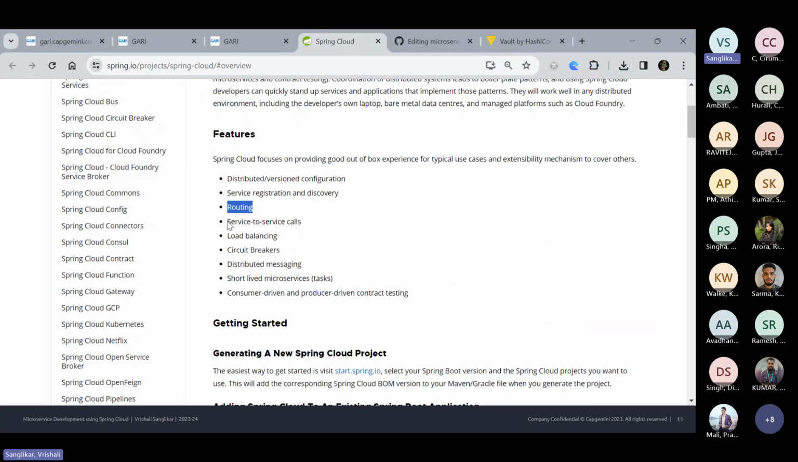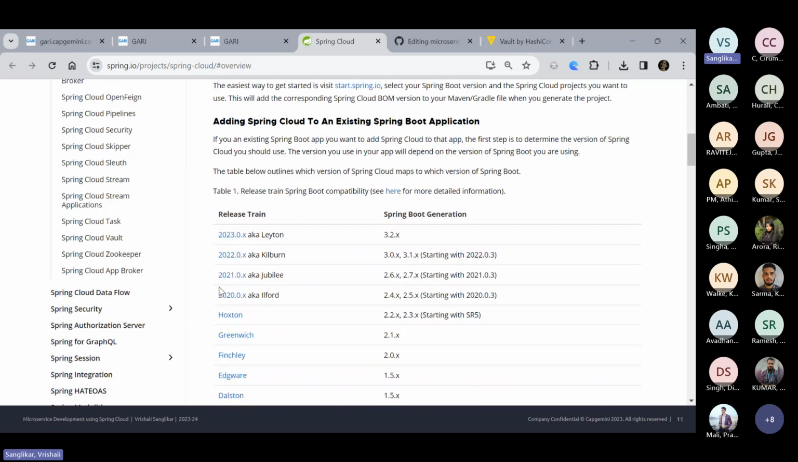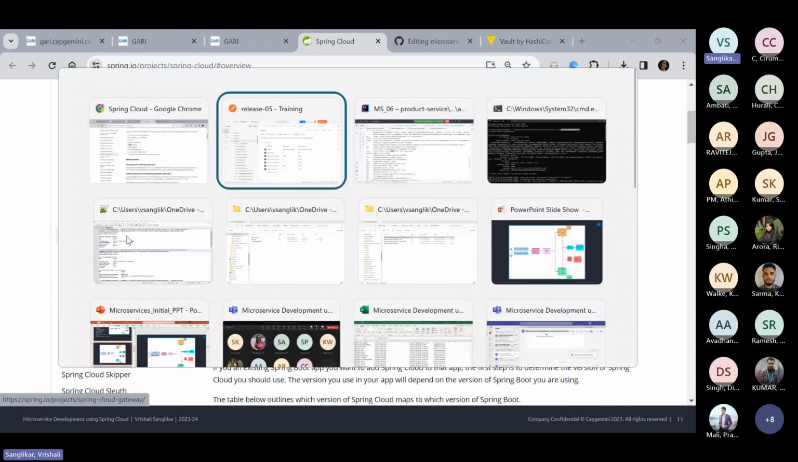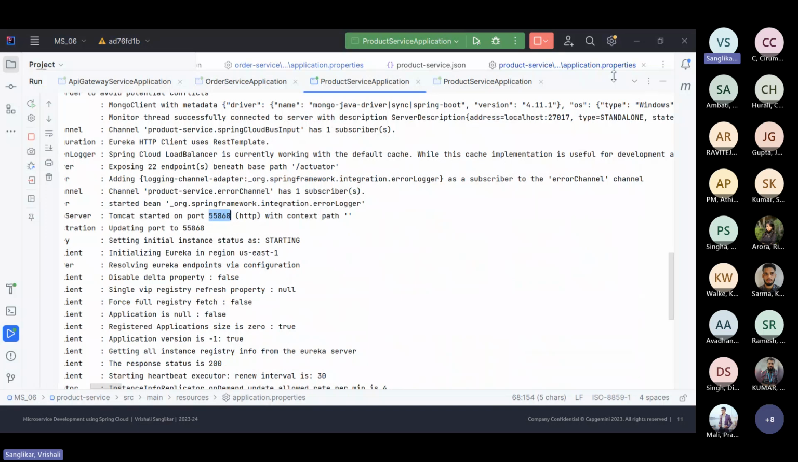We are doing service to service calls in the next session. Service to service calls will be done by WebClient or RestTemplate. There are pros and cons of each of these approaches, so we will be checking into that in the next sessions. So what we have right now is routing and load balancing, which are done by the API gateway, the Cloud Gateway jar that we have in the